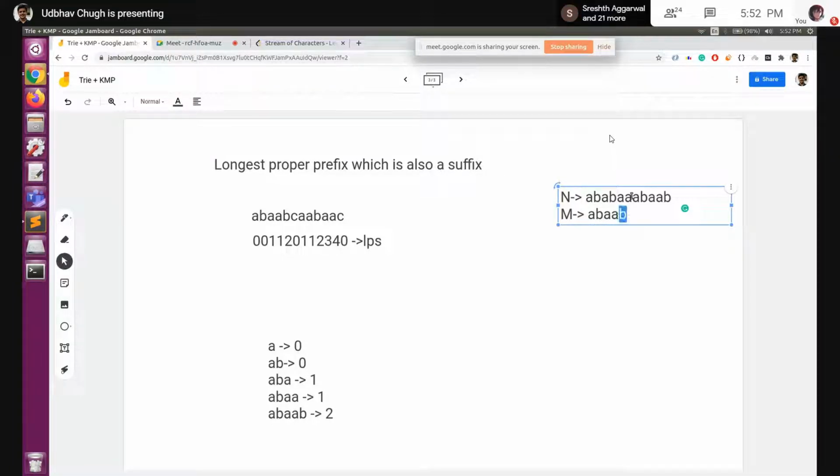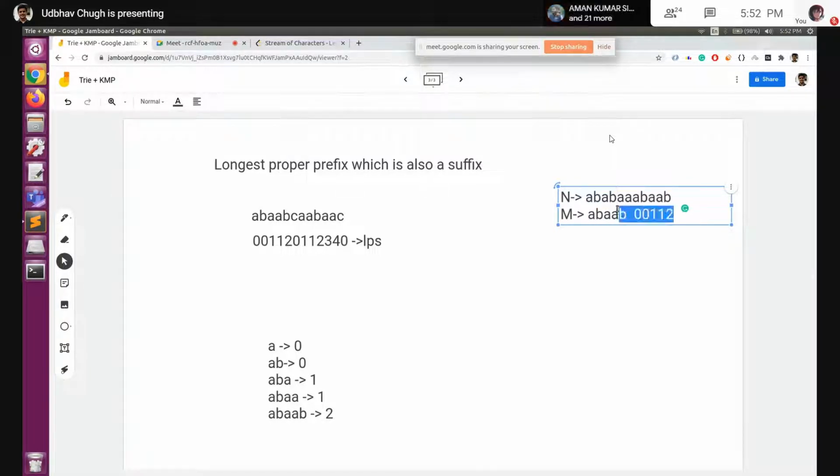I have to find whether this particular string is present in this or not. How this will work is, for M, I'll first find the LPS. So LPS would be 0. Then we'll consider AB, still 0. Then ABA, 1. Then ABAA, it will be 1. And then ABAB, it will be 2. Right? So is the LPS clear? We have to find the LPS for the query string, not for the initial string which is given to us.